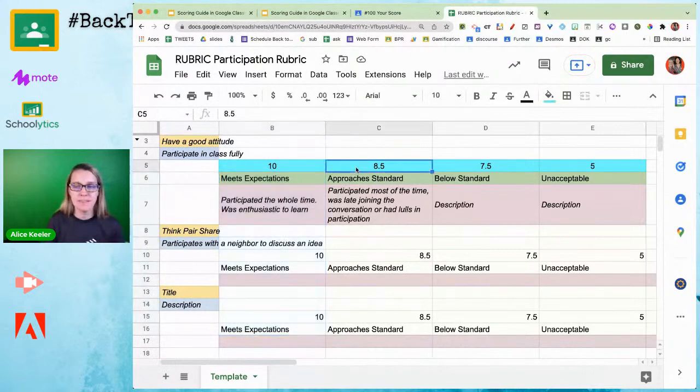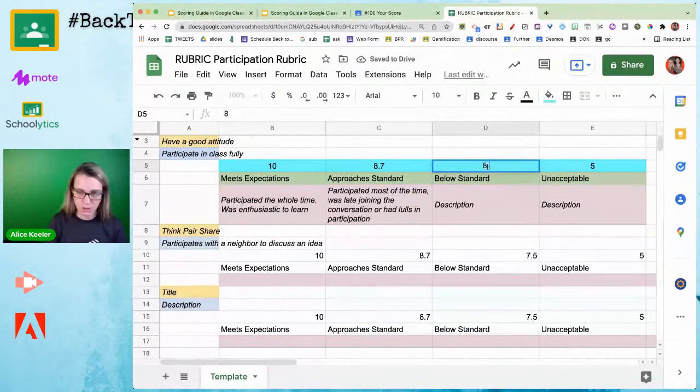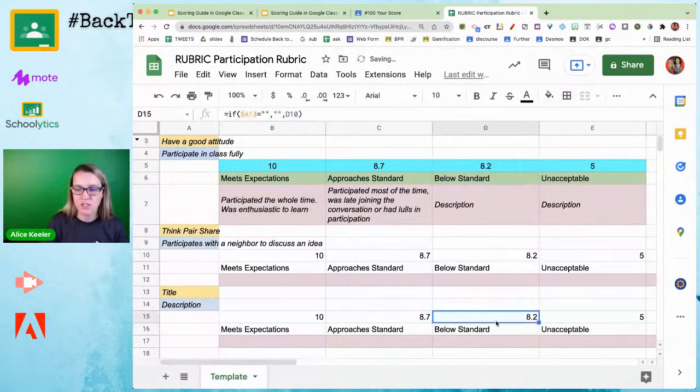And then maybe on this 8.5, you're like, I like 8.7. Cool. And then you'll notice these all change to 8.7 and 8.2. And you can see that they all change to 8.2. So I only had to type those in once. Unlike when I use it from Google Classroom, I got to type that in every time, or I can duplicate the whole row, but it duplicates all my descriptions and things. And I'm like, why do I have to delete this out every time? So I definitely prefer this, right? And that they